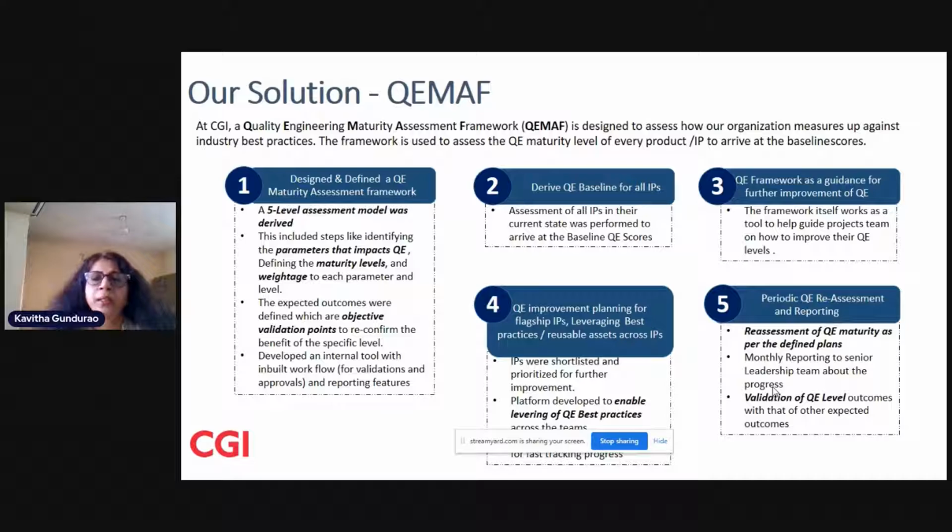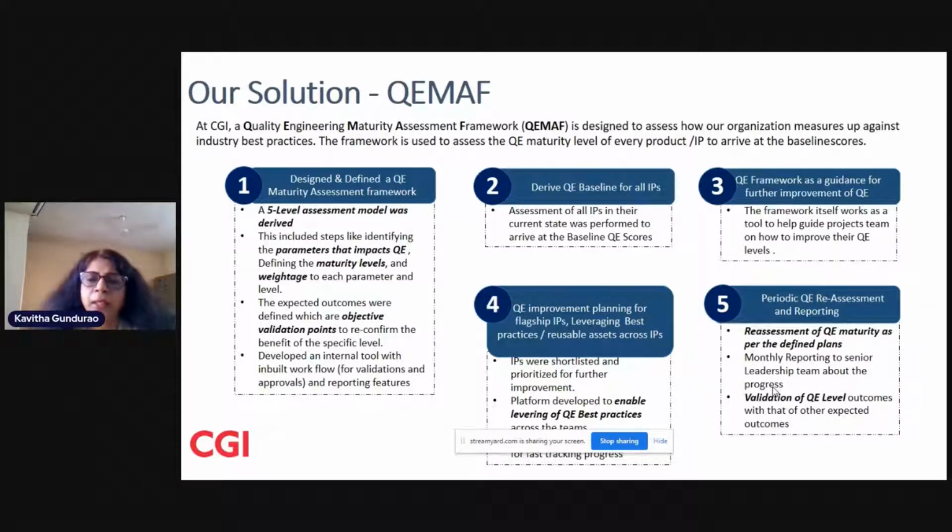Okay. And we started putting up the plans for the flagship IPs initially, and then leveraging the best practices and reusable assets across the IPs. We made sure the reusable assets are leveraged across all the IPs, including best practice sharing, right?